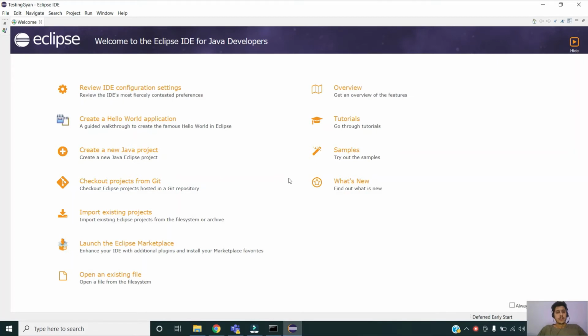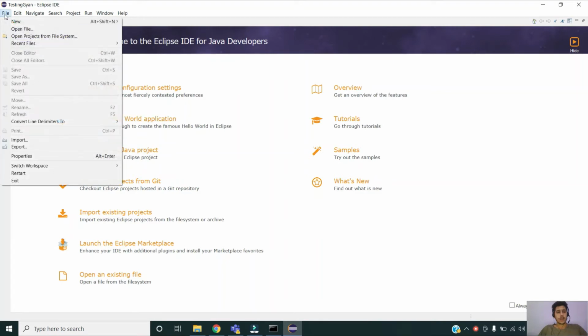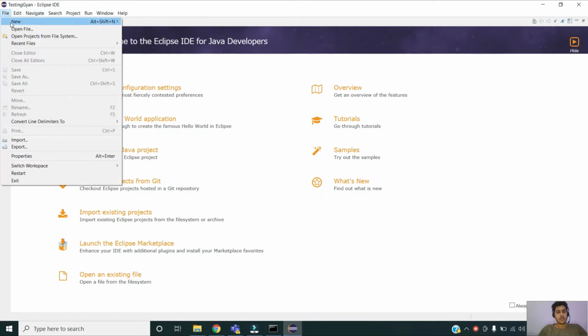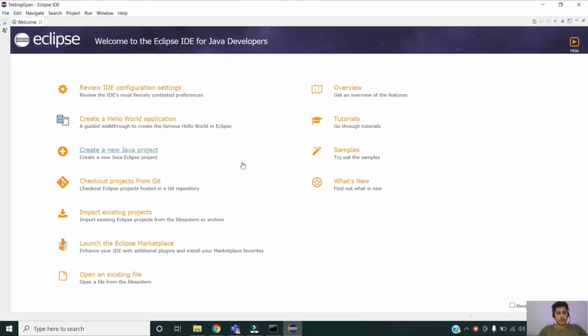After giving the workspace name, you will be navigated to this window. Here you have to create your Eclipse project, your Java project basically. I can either select from here to create a new Java project, or go here and choose New Java Project. Let me create it from here.